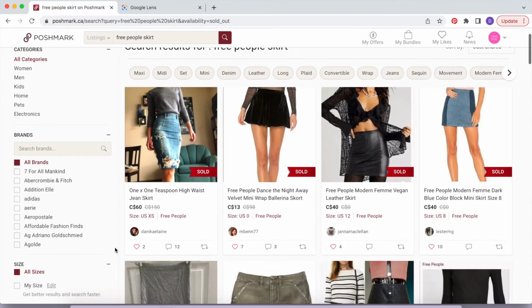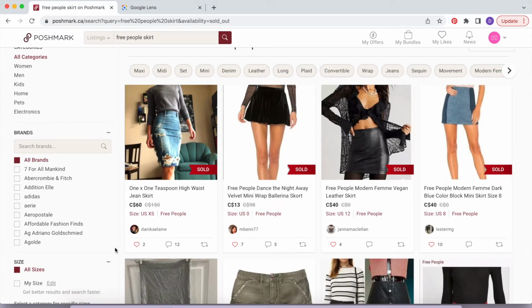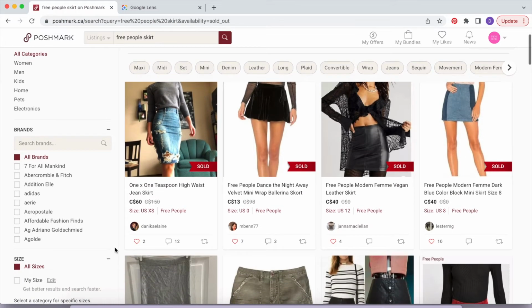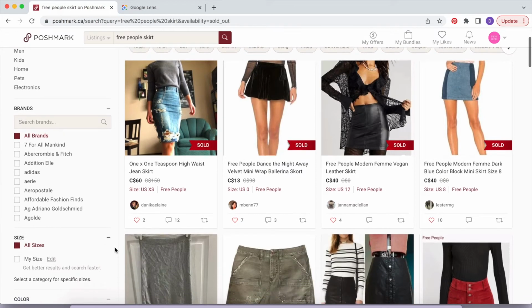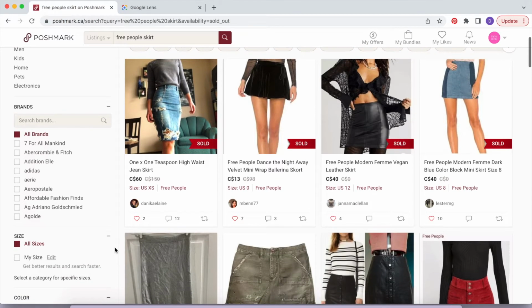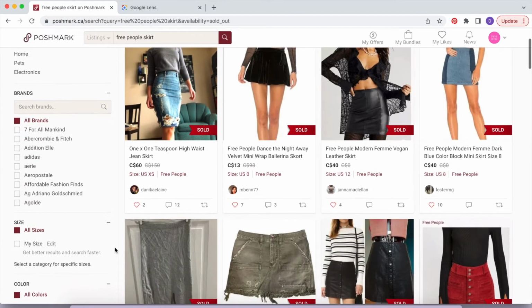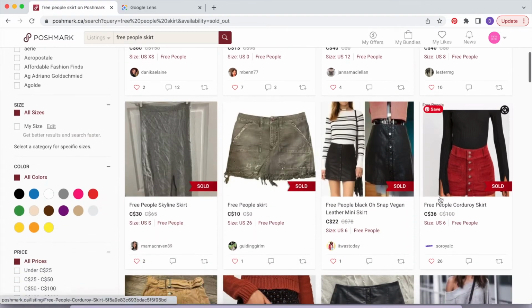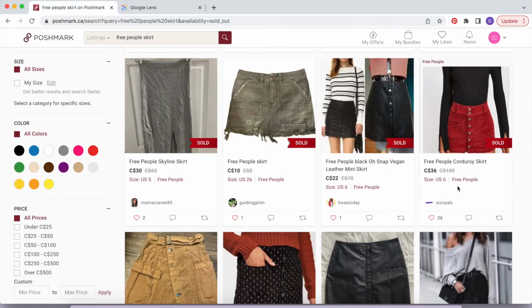So that gives us another indication of what people charged for their skirts and what price they actually sold for in the end. So we have a $60 sale, a $13, a $40, another $40, a $36,